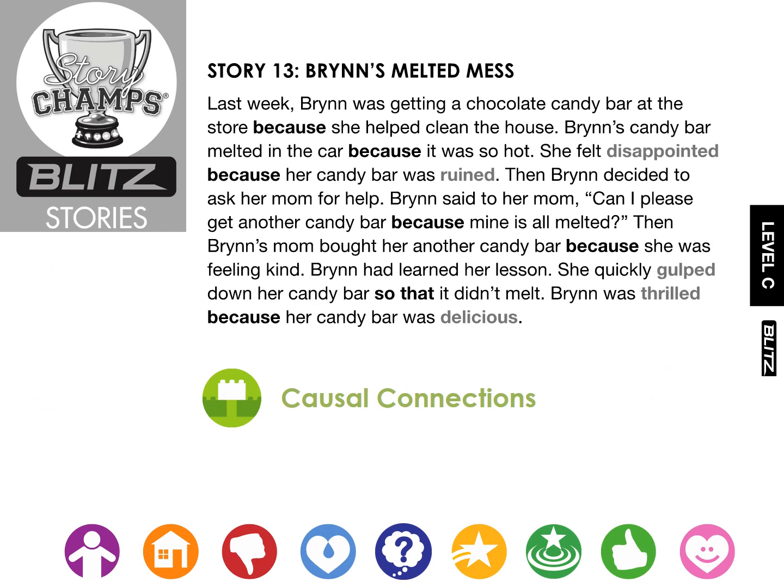A level C story has causal connections highlighted. Those are the bolded words in black. Notice that there are also gray bolded words. Those are the sparkle words that you might have taught during level A or B Blitz stories. So they're still in there and they could be practiced, but the main target of using a level C story would be the because and so that, the causal connections. And this icon here is called a connection icon, and they look like little Legos because kids like to use